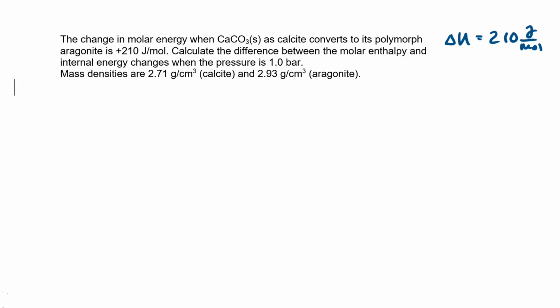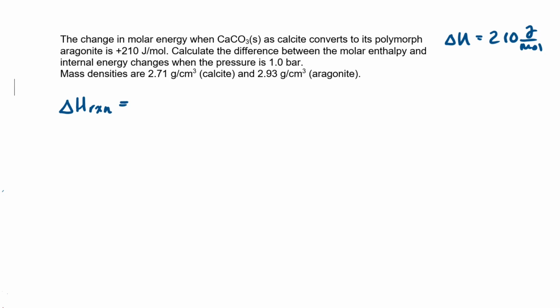Calculate the difference between the molar enthalpy and internal energy changes when the pressure is 1.0 bar, or 100,000 pascals. And it gives us the mass densities for the two polymorphs of the substance. We have the internal energy. What we need to find is the enthalpy of the reaction. And we find the enthalpy of the reaction